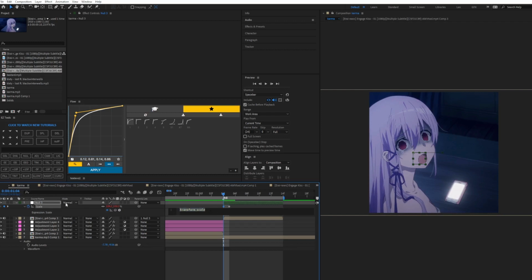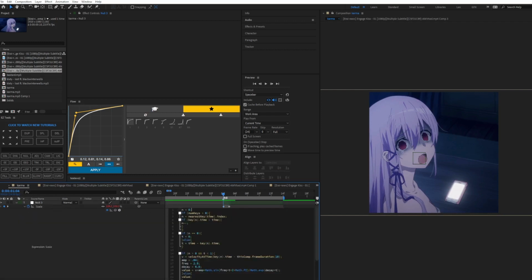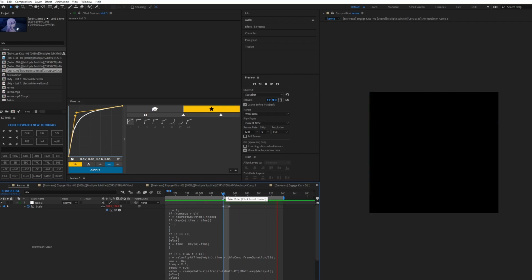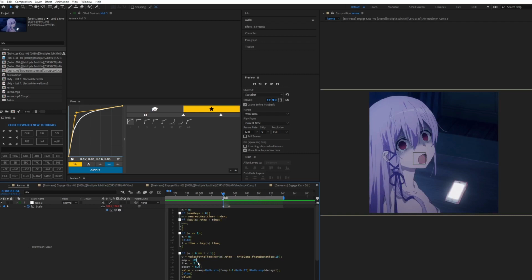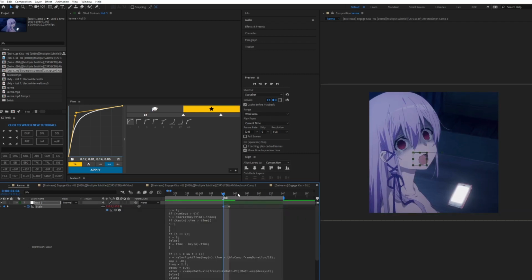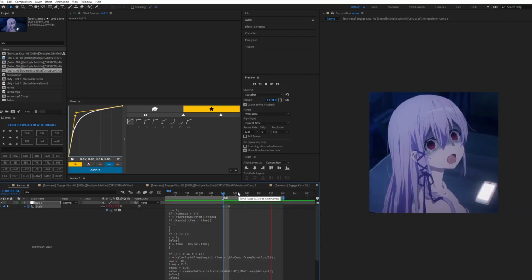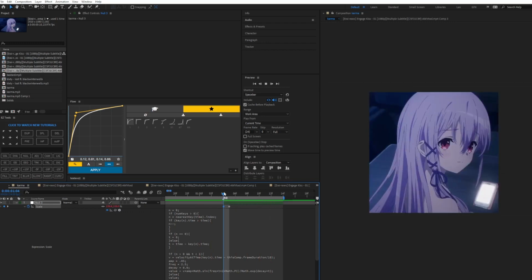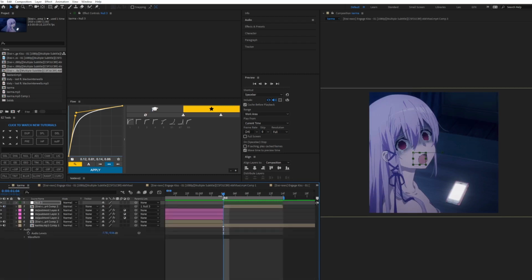So yeah, just copy paste the expression script, change the values. Doesn't show really much, so I'm just gonna turn up the settings, maybe tone it down, and I'm gonna put a